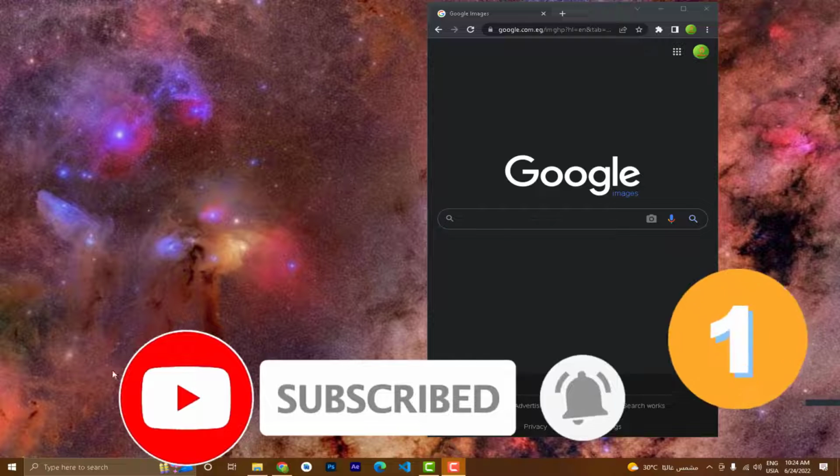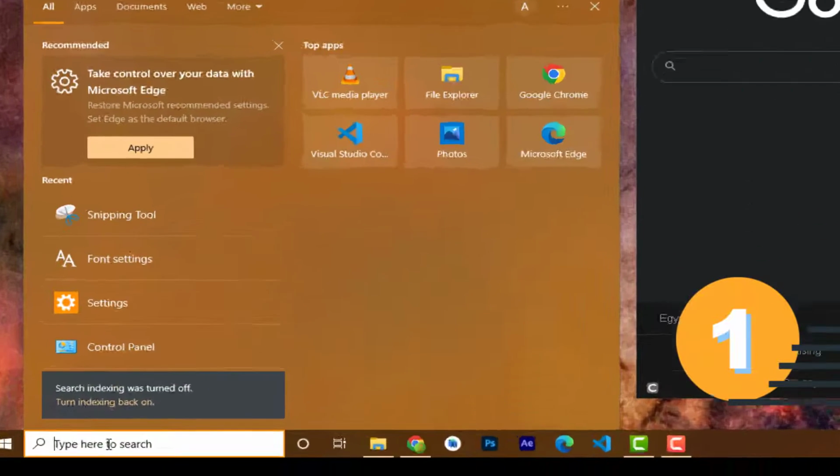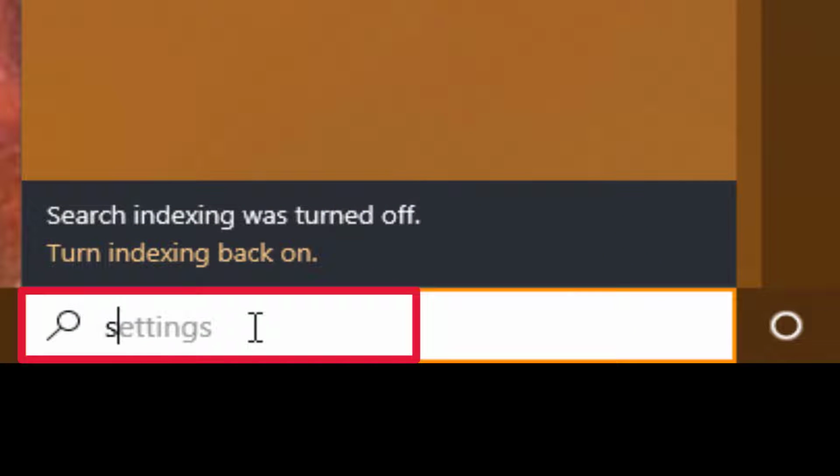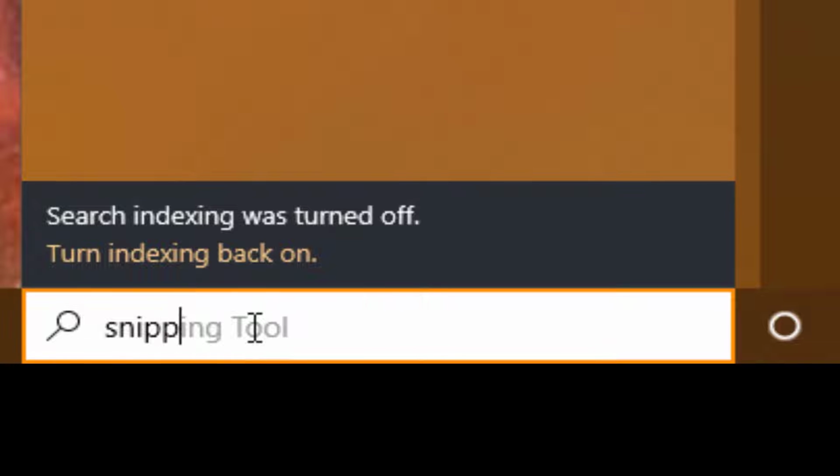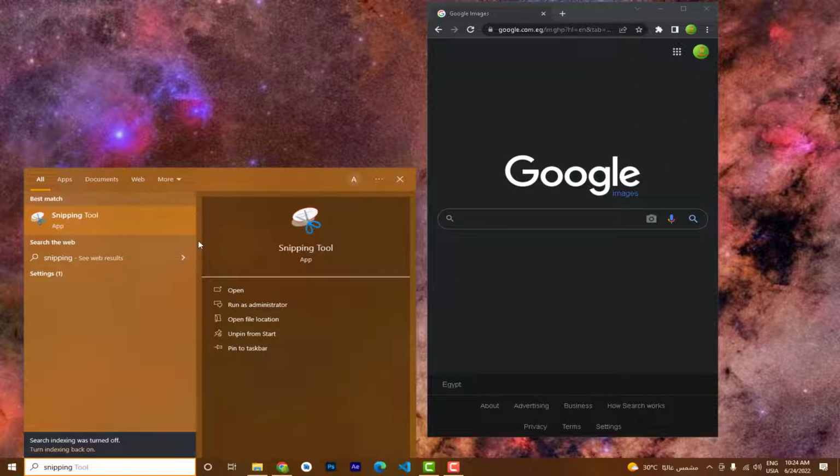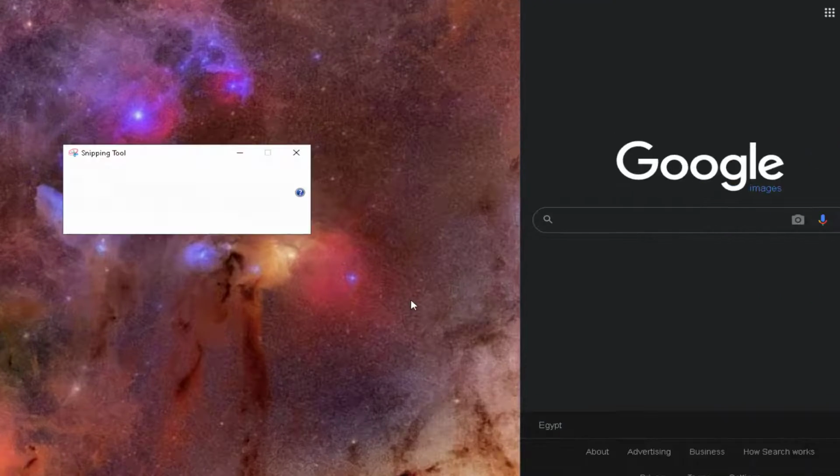Probably the easiest way you could get to it is to open up search and then type in snipping. Then here we see the snipping tool. If you want easier access in the future, you can pin that to the start menu or taskbar, which shows up where all these apps are. This is a tool and an app that I use quite often. So what I'm going to do is click on it on the taskbar to open up